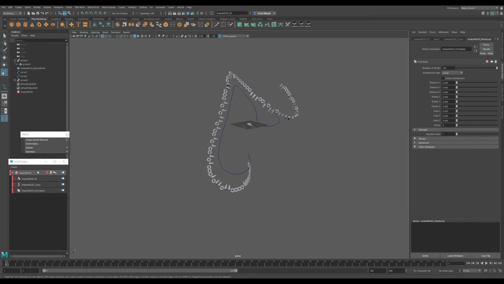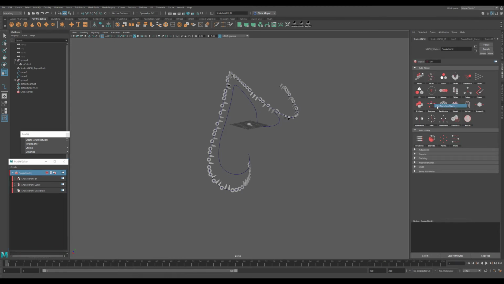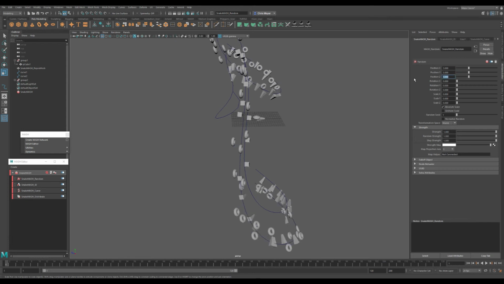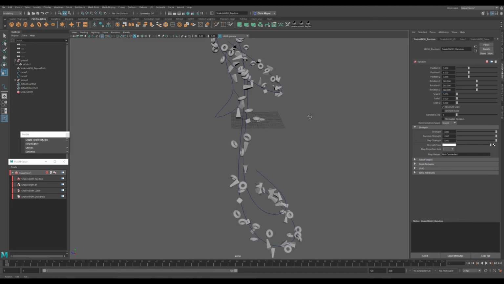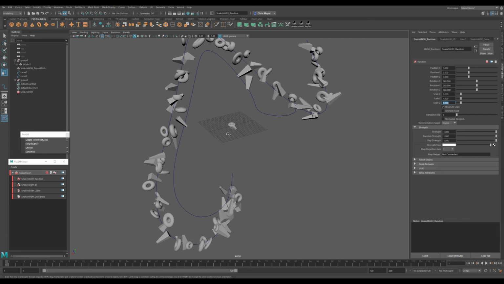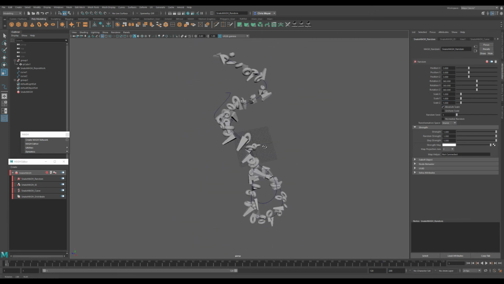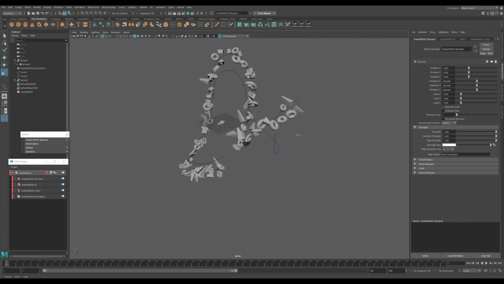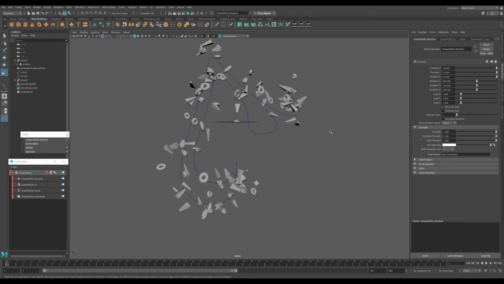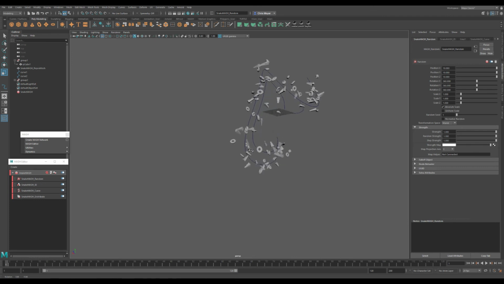Okay, last thing I want to go over in this video is adding a random node. Random is the thing that I love to use anytime I want to add pretty much any randomness at all. I'm going to add 360 degrees of random rotation on all these objects, and I'm going to add the ability to go up to double in size in any given axis. One of the cool things about this is if you go even harder on this, you end up with curves that control generalized